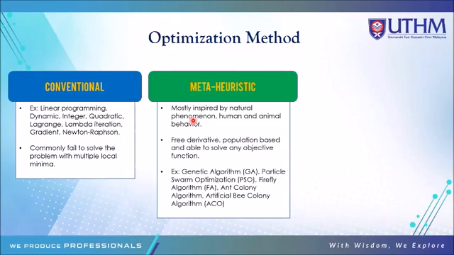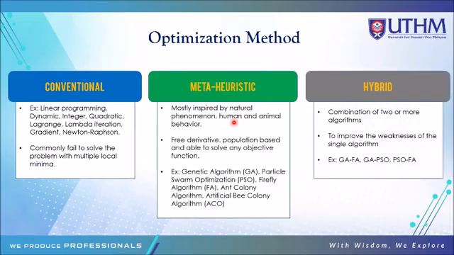But among the existing algorithms, we have the genetic algorithm, according to genetic behavior. We have particle swarm, according to fish schooling and bird flocking, for example. We have the firefly, which is kunang-kunang. Based on the firefly, scientists try to develop an optimization algorithm, on how the firefly moves to the light. We have ant colony according to ant behavior, and then the bee colony, artificial bee, and so on. So many heuristic algorithms are inspired by natural phenomena, human behavior, and animal behavior.